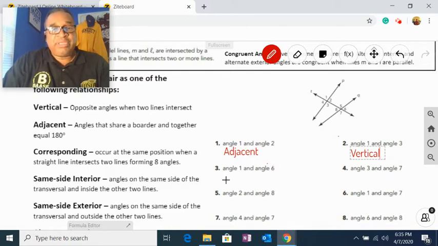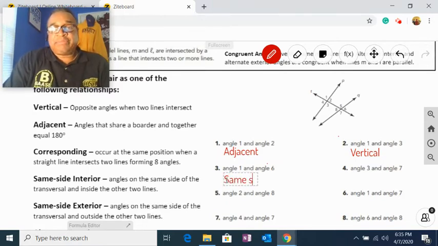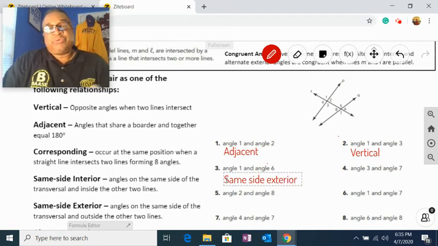So that would be, take a good guess, same side exterior. See what we're doing there? We're just looking at our definitions and the relationships between the two angles they give us. Look at another one here, 3 and 7. What would those be? They're in the same position, and so they would be considered